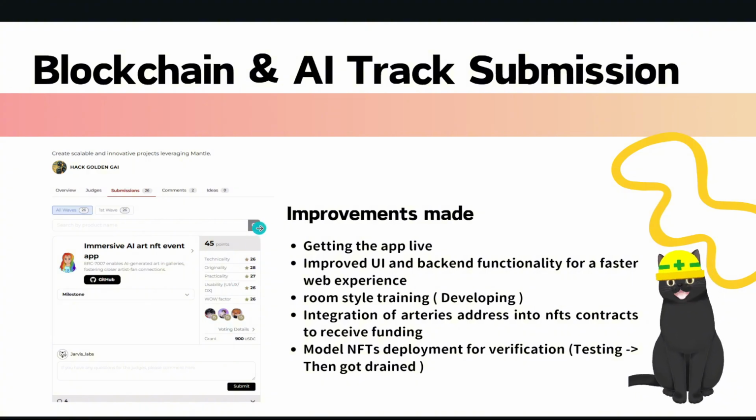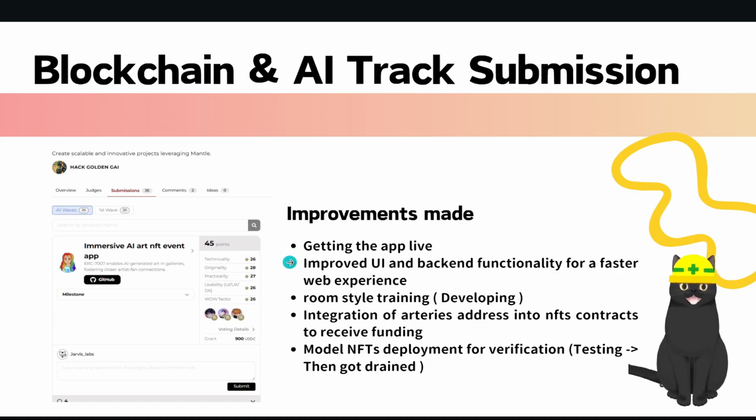This week we've had a bit more time. My friend Tommy, who was sick and couldn't help out much last time, was able to join forces with me this week to get this app improved a little bit more. Mostly we've been working on getting this app live and running. We got some Git action going, some live deployment, tested some things out, and we've improved the UI a lot, made the web experience much faster, improved the room styling,